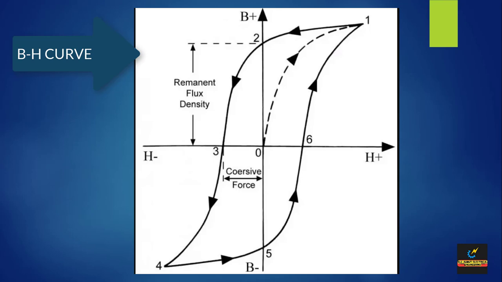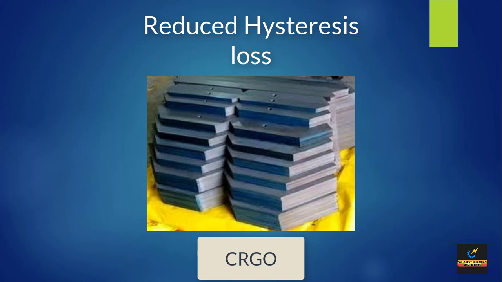If you look at the BH curve, then you will observe that on the x-axis, even if the current becomes zero, the material is still containing some amount of flux, which is known as retentivity. The material has a property to keep some flux, and to make that flux zero, a coercive force is applied. That external force that is applied is nothing but the hysteresis loss. So, to reduce the hysteresis loss, we use a good magnetic material for constructing the core.